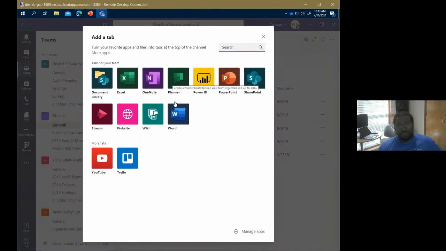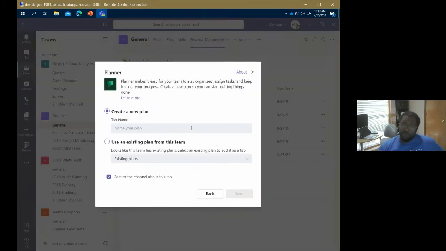I'll also mention Planner. Planner's pretty popular for Teams users as well to manage tasks. One thing I usually have to point out is Planner is a separate service that exists outside of Teams. Teams is just giving you an elegant integration or window into it, but you can certainly go to your front homepage for Office 365 and get to Planner in and of itself. So I don't need Teams to do Planner, but because I have Planner and I have Teams, I can integrate them. So the tab not only shows me some plan that exists, but even makes it easy for me to create a new one as well.